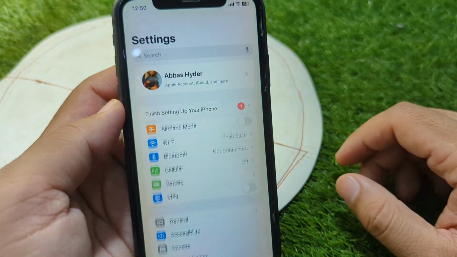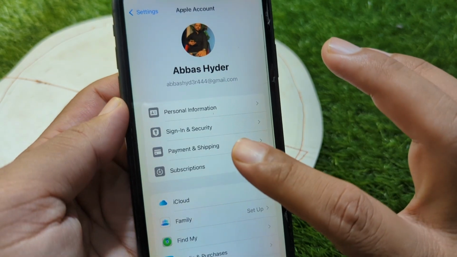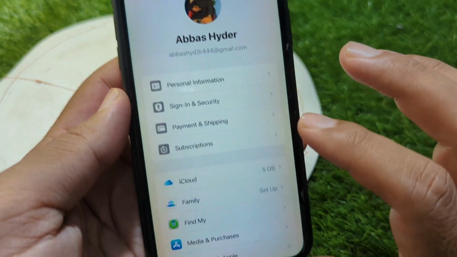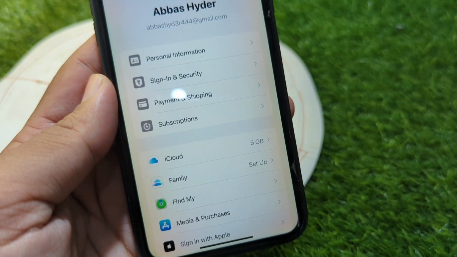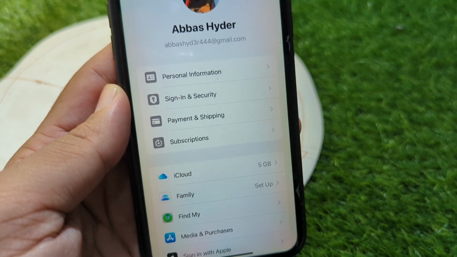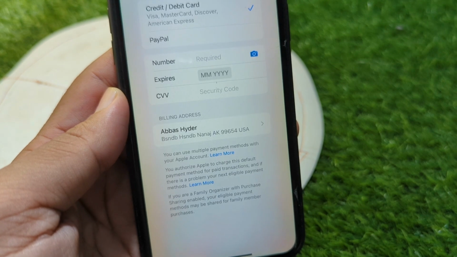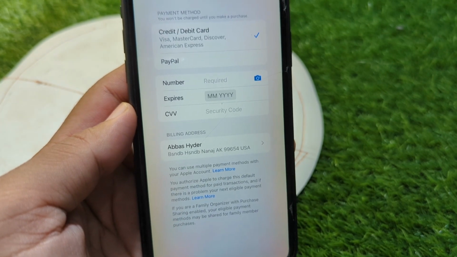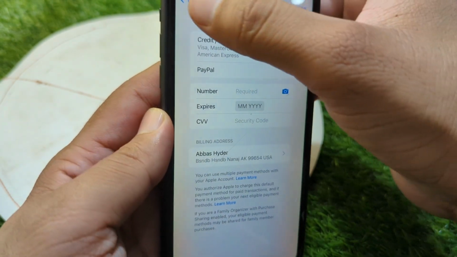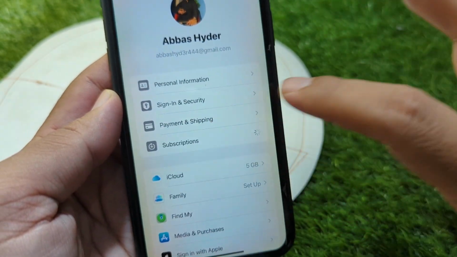So guys, first of all, open Settings on your device and go to your profile, and from here tap on Payment and Shipping, and wait here for some seconds. And from here you have to simply remove your payment method from your device for one time, and after this go back and now go to Subscriptions,